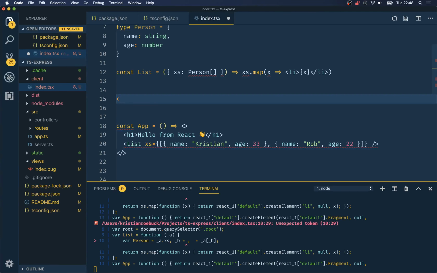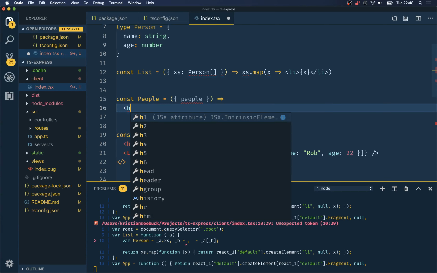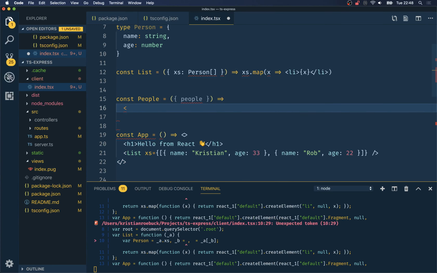So how would I normally just do this in React? If I had the people, and then I basically just say I get the people out of here. It's been a few weeks since I've done it in React, and then I'd just do